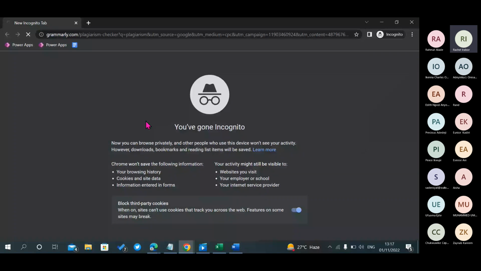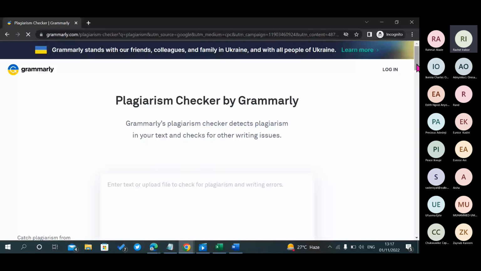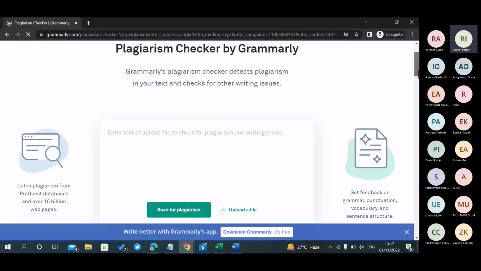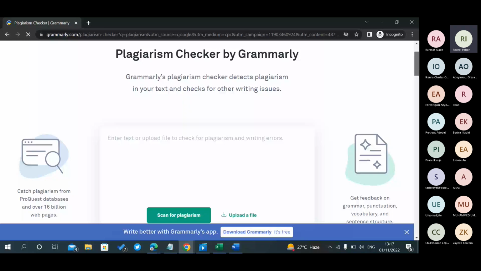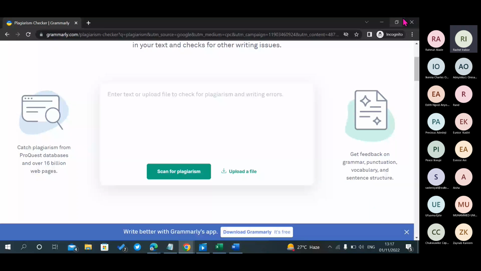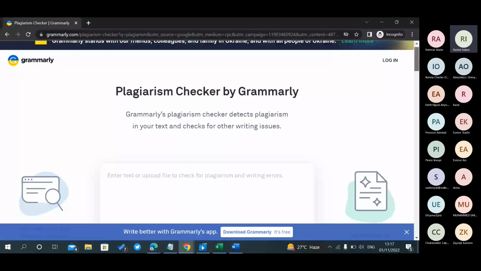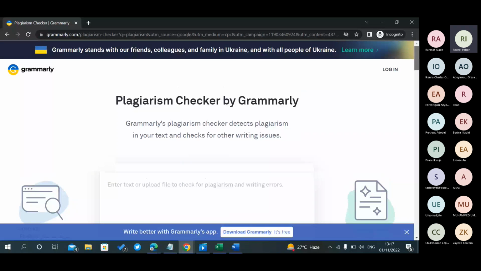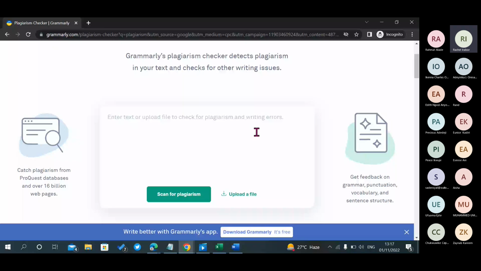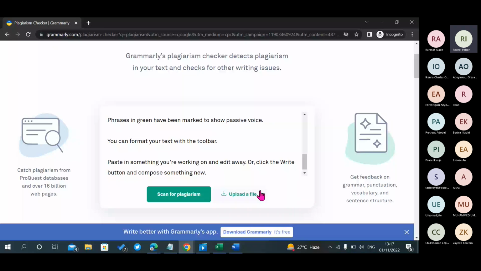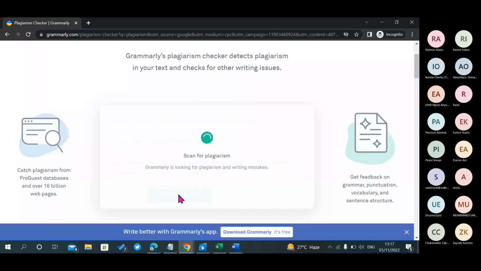If you can notice now, this is Grammarly. You can use Grammarly too to check, but I prefer Paper Owl, because its free version will show me how many percent is similar and what blog post is similar to my own. Grammarly is not going to do the same thing. Let's go on with Grammarly. Let me show you what will happen.